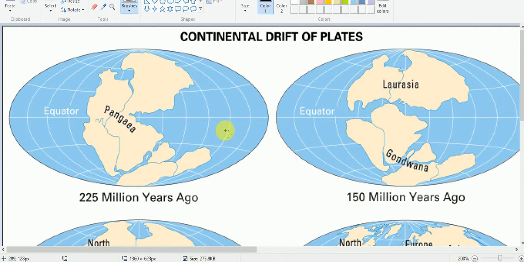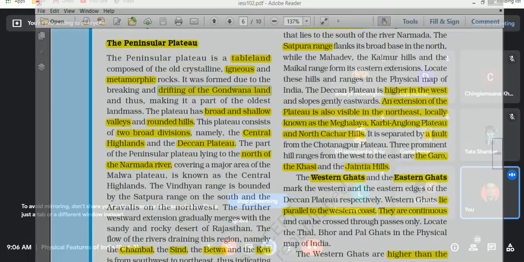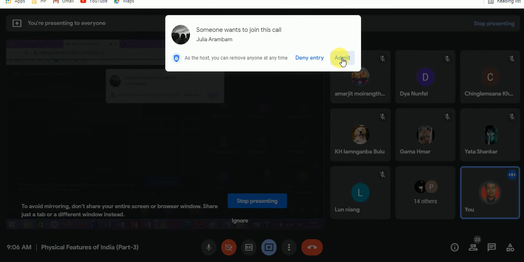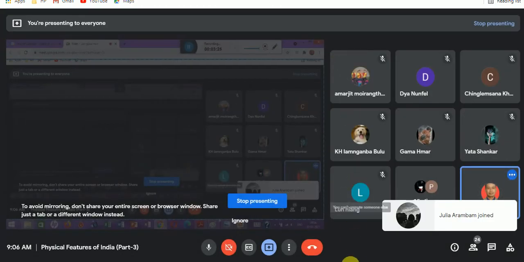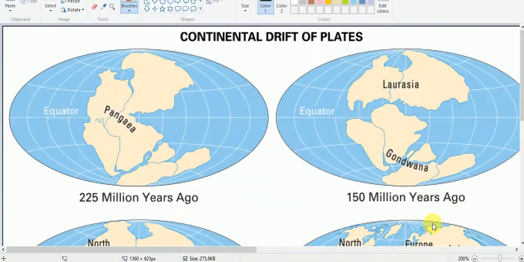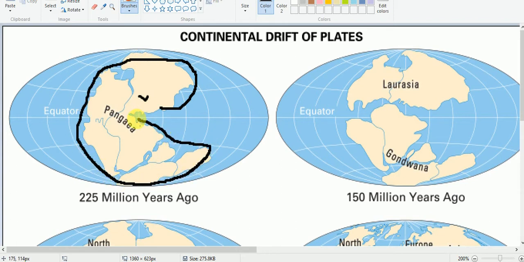Actually, we have a theory in geography known as the continental drift theory. It was propounded by a German geologist known as Alfred Wegener. According to him, all the continents of the world were together at one place, just as you are seeing here. That means there was only one big continent